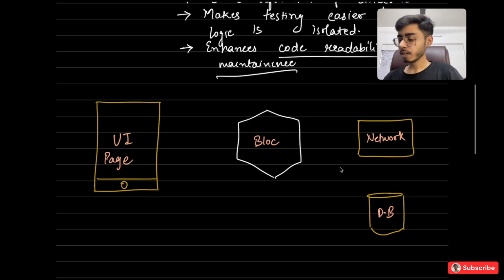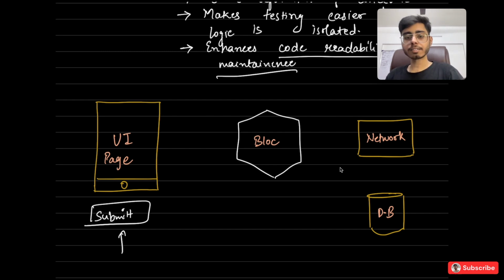Now, as I told, I'm going to show an example. Let's say this is a UI page where you have to do something. It can be anything: a scroll, getting some data, submission of a form, filling a contact form. When the user clicks on the submit button, let's say this is a complete form where the user was entering some data, and now we have a submit button. When someone clicks on the submit button, that's a UI gesture, right? I, as a user, am clicking on that button. So there is some logical thing that has to happen. Whenever I click on that button, the UI will add an event